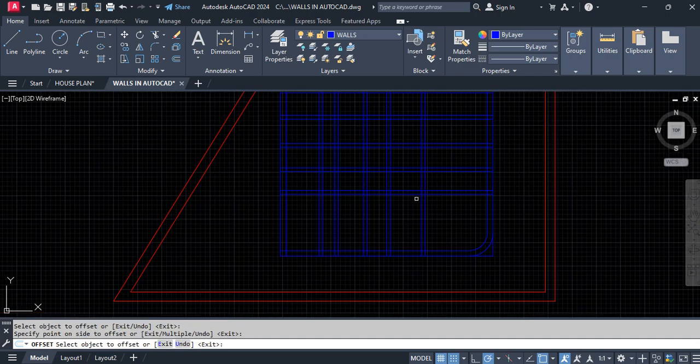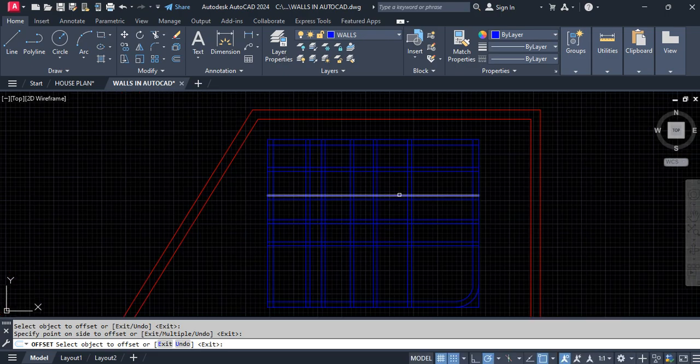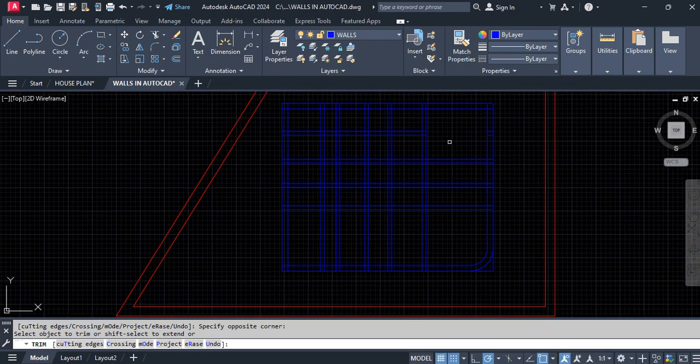So we can first use the trim command to be able to clear our walls. So TR, enter, space. So first we need to escape the command, so type in TR space bar. And if you want to enable the crossing mode, so that when you cross through, it's able to trim whatever you've crossed through. So even here, you can